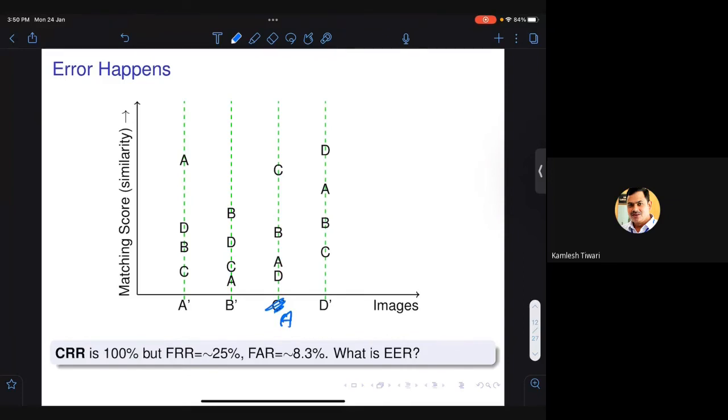Let's assume that if he was not C, he was A. Then there was an identification error, because A can enter as C to my system. Okay, so this is a problem. But let's assume